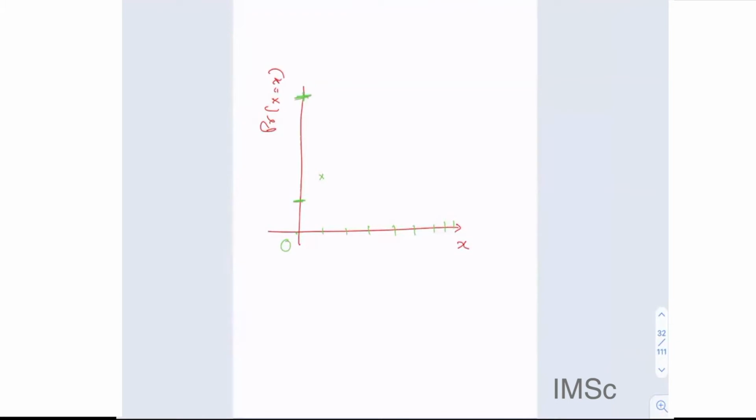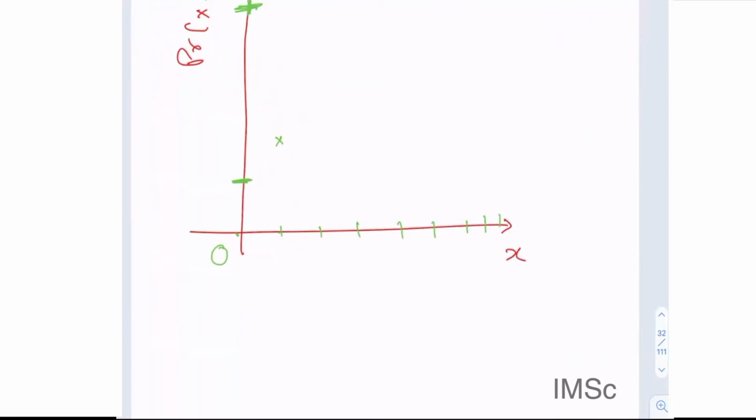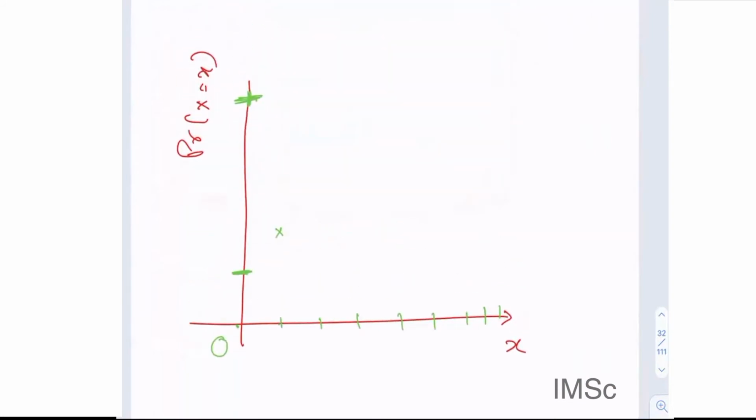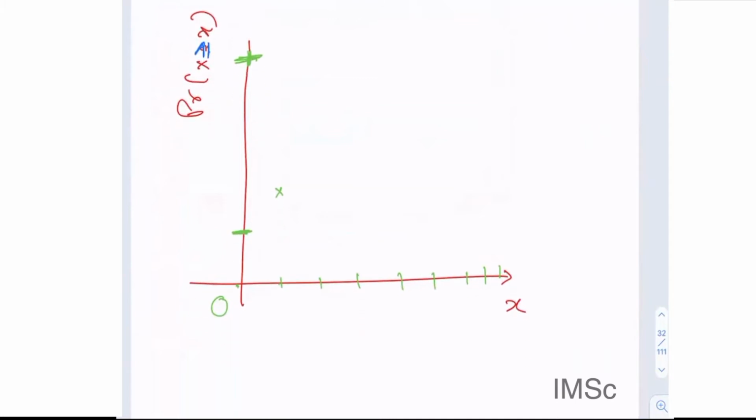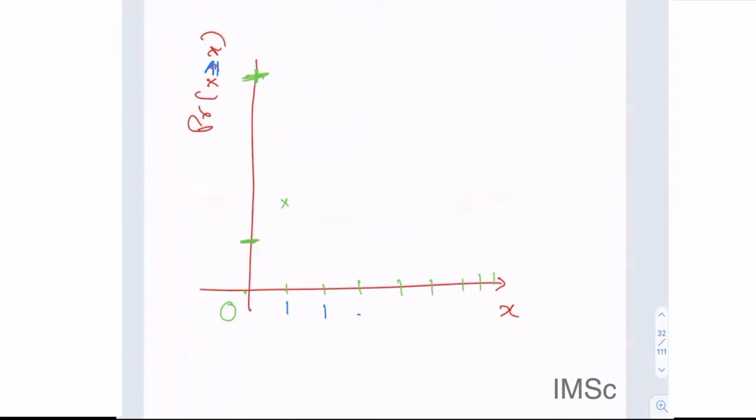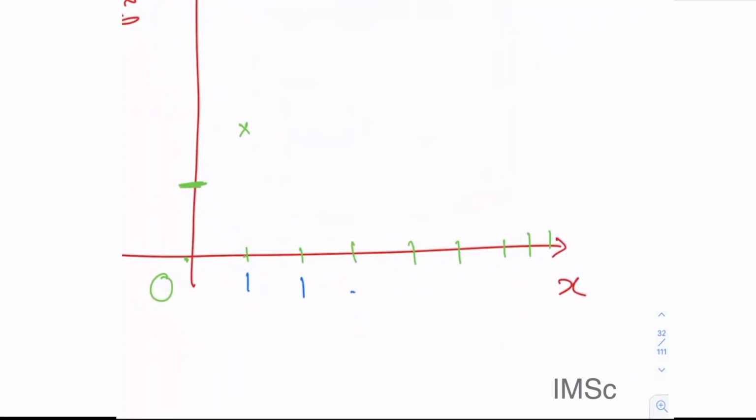But as you vary, let me do x greater than or equal to 3. What is the probability that someone takes greater than or equal to 1? What is the probability that someone takes greater than or equal to 2? And so on and so forth. So you will get...